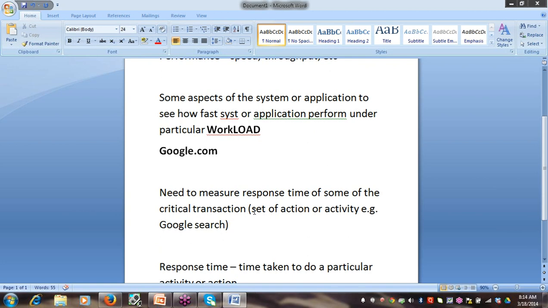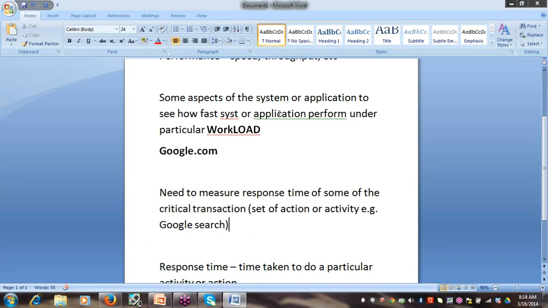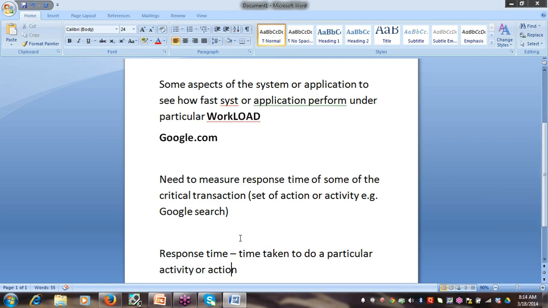We have put some text in the text field box and clicked on the search button. So that is our transaction. We are doing some activity or action. So that is the critical transaction we have identified. So this is the response time. It's the time taken to do a particular activity or an action. Okay. So this is about performance testing.